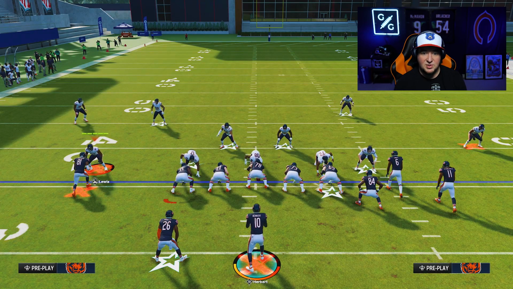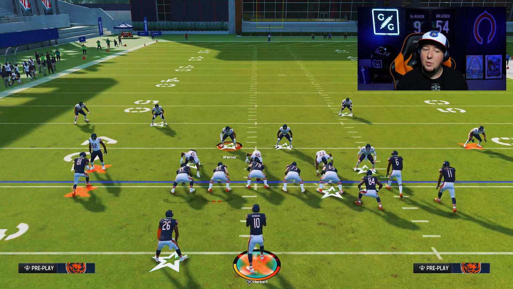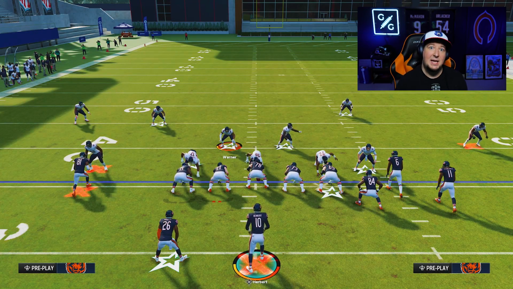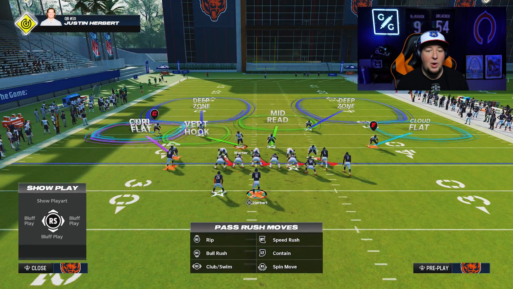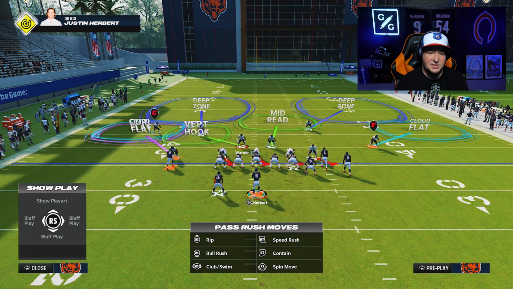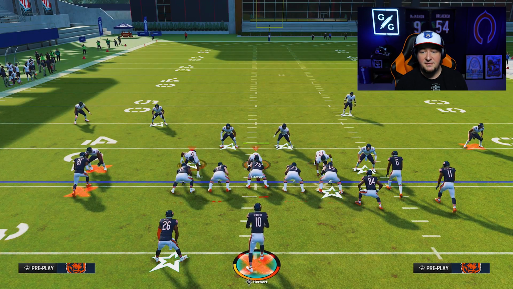You want him an extra step or 2 outside. This is great because you can move this guy out a couple steps, unlike the 3-4 odd. So that's a great calling card for this formation. Now, when you actually crash your defensive line in this particular defense, again, it's only going to affect your front